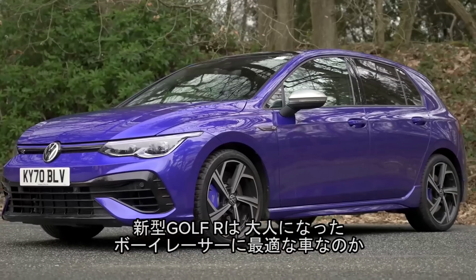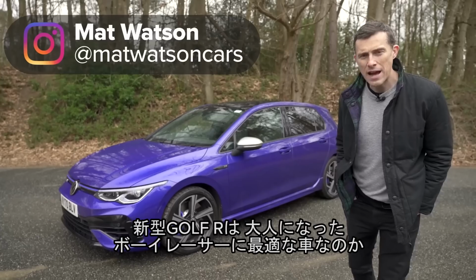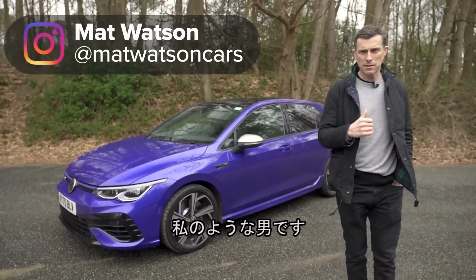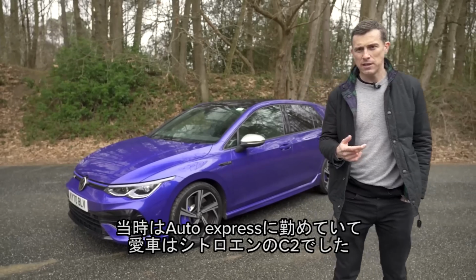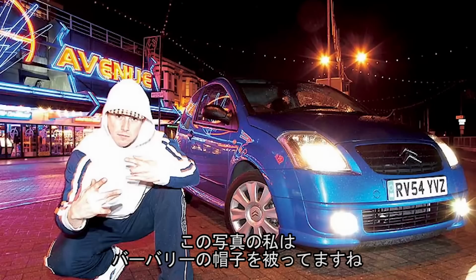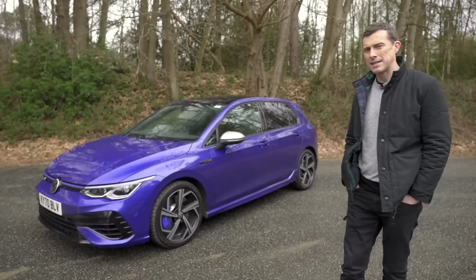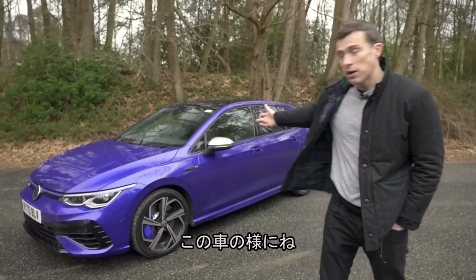Is the new Volkswagen Golf R the ultimate car for boy racers who've now grown up? Boy racers such as me. You see, back in the day when I was working for Auto Express magazine, I used to have a little Citroen C2 VTS. Look, there I am doing a photo shoot on Southend Seafront in my Burberry cap in it. Yeah, I'm still wearing Burberry, but it's a bit more discreet these days, less chavvy, just like the new Golf